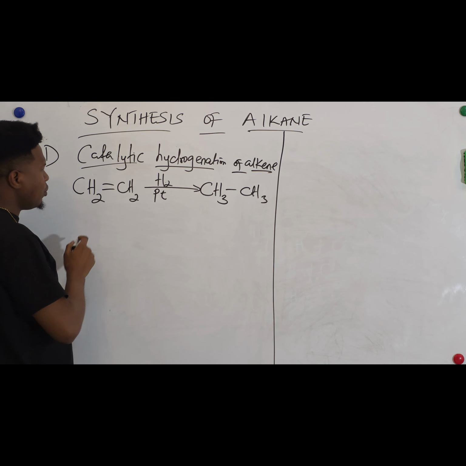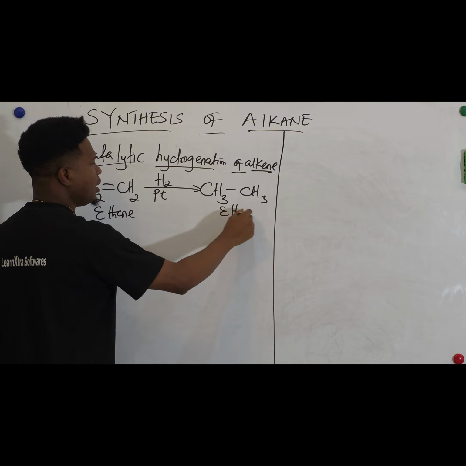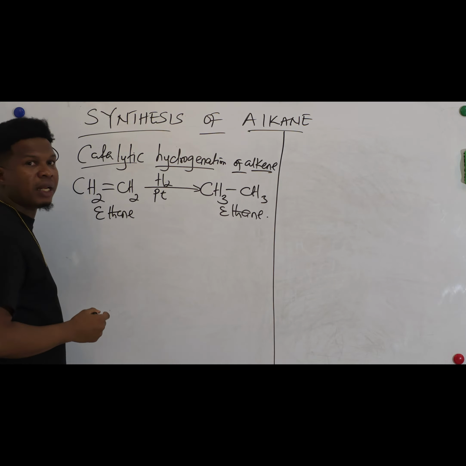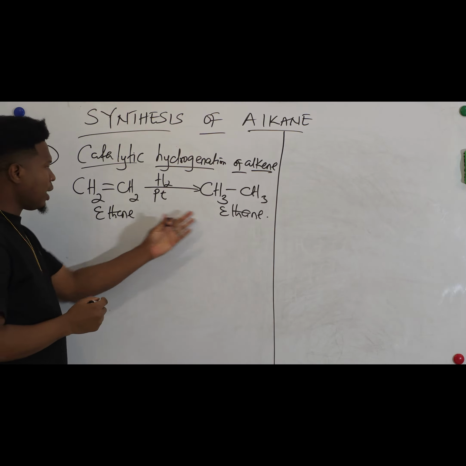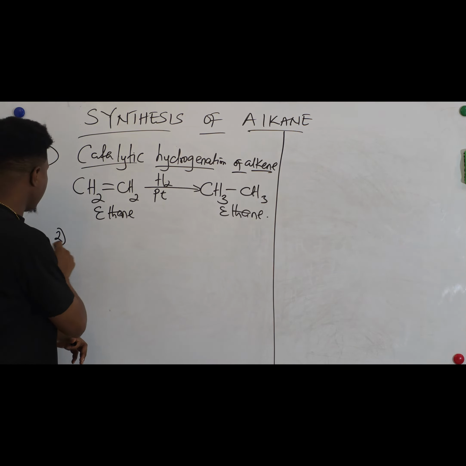So catalytic hydrogenation of ethene will yield ethane. That's the number one way of preparing an alkane. Have you seen how we got an alkane from an alkene? Okay. Number two is